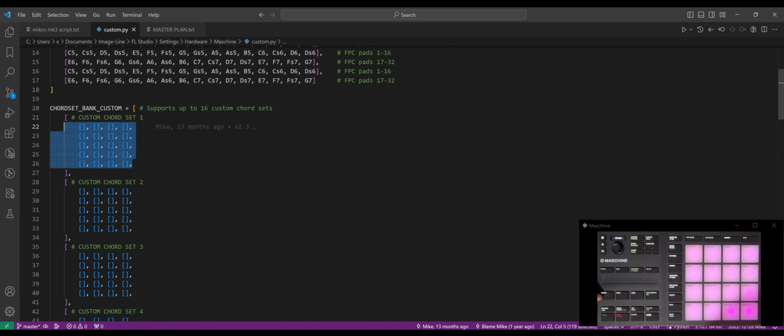There's 16 brackets or whatever, and they each correspond to 16 pads. So you would go in here and let's say, I don't know, I'm just gonna put some random stuff in here, that, and then